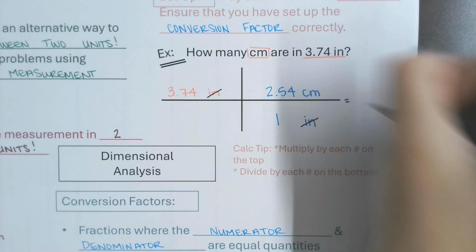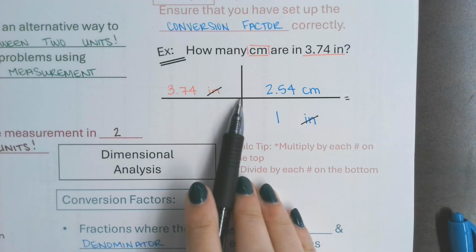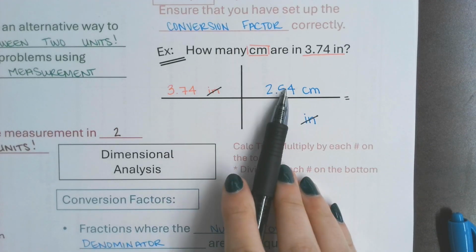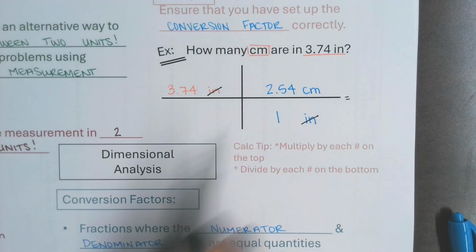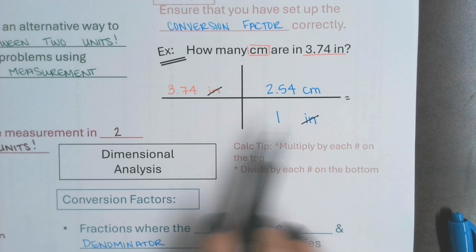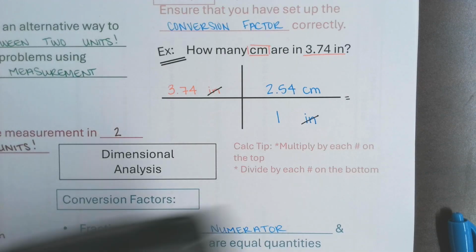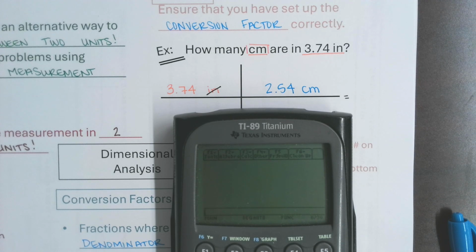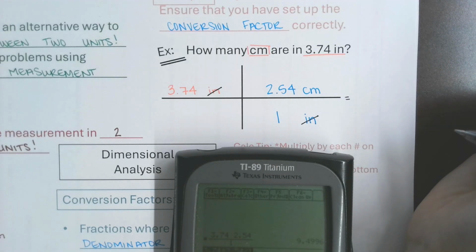Now, you might be wondering, how do I actually calculate this? Here are your calculator tips. You multiply every number that's on top together, because this is like a multiplication symbol. There might be more than 2. And then you're going to divide by your bottom numbers. There might be more than 1. So if you pull out your calculator, which you should practice, and if you need a calculator, remember they're in the drawer up front. We're going to type in 3.74 multiplied by 2.54, and we're going to divide that by 1. That should give you